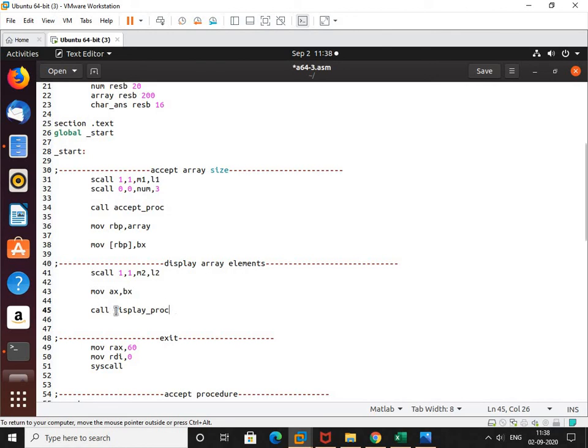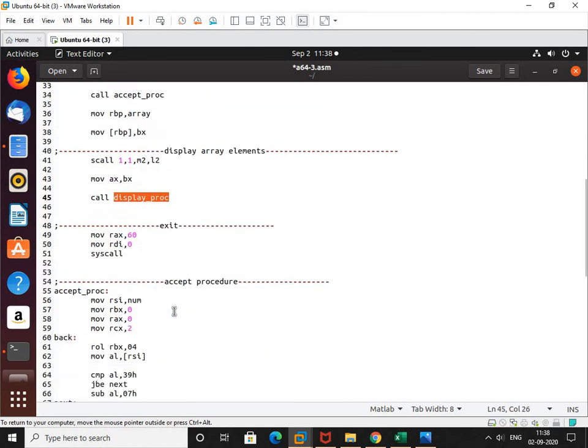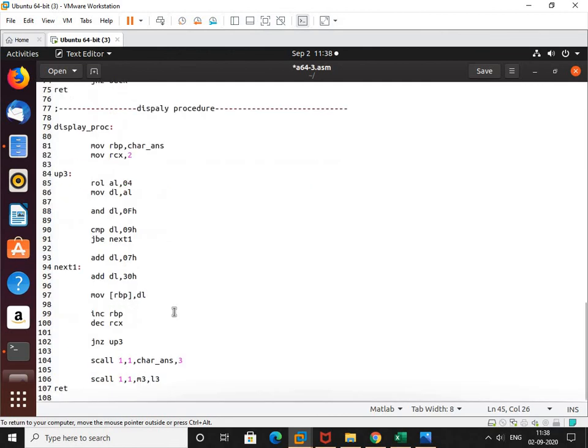So I have created a display procedure and I use the call instruction to call it. Again this is within the same segment, so it is a near call, and the control has been transferred to this display procedure. How are we going to define this display procedure?